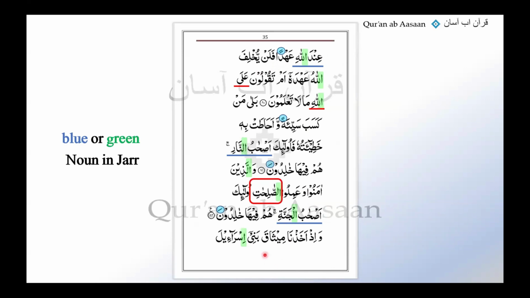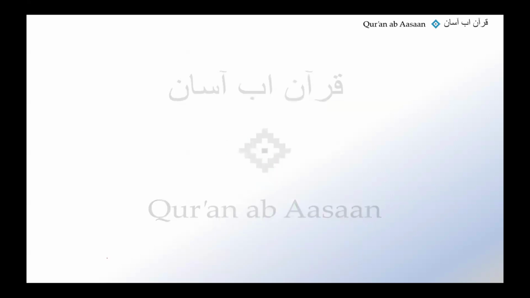This is in jar. But we look back. Is it no al, no tanween? Possessed noun? Are we sure? We're not sure? All right, let's have a look. We can just take it out and we can have a look at it. Okay, so this is the noun that we have as Salihati. Whenever we have any confusion, we are just going to do the analysis quickly. We are experts of the analysis now, aren't we?